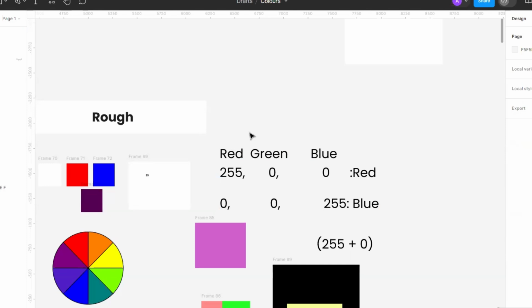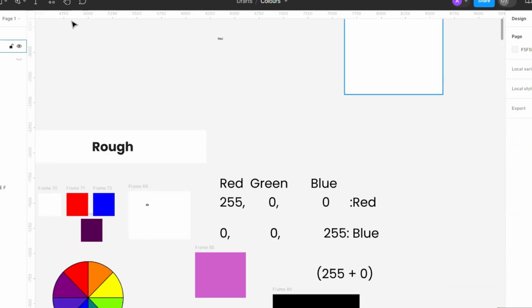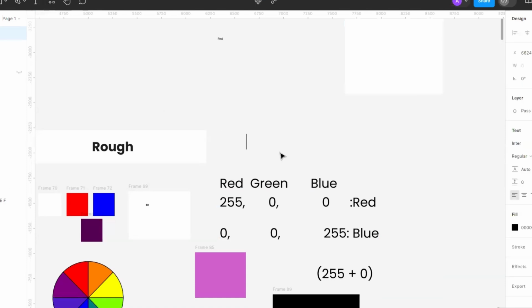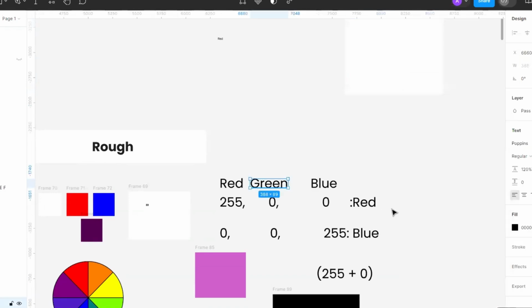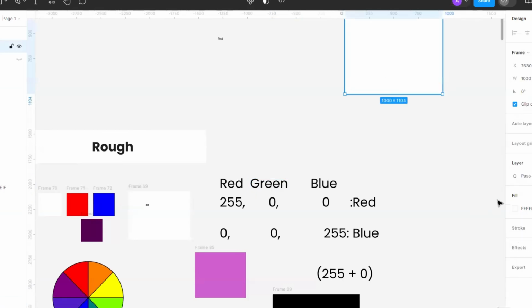So it means RGB. If you notice, the white hexadecimal code is made up of 6 Fs. The first 2 Fs represent the red part of the color. The middle 2 Fs represent the green part, and the last 2 Fs represent the